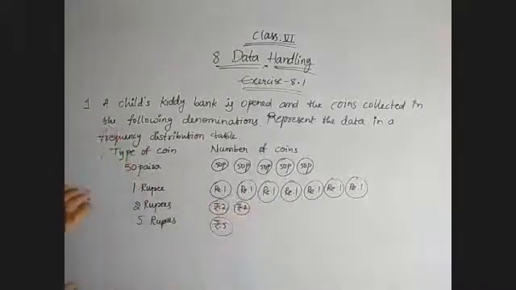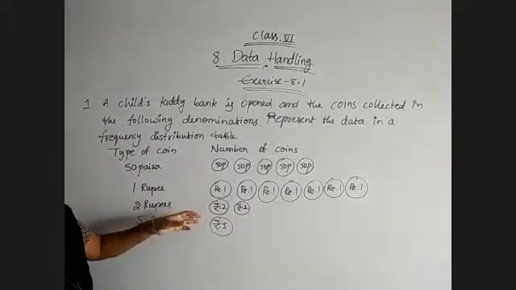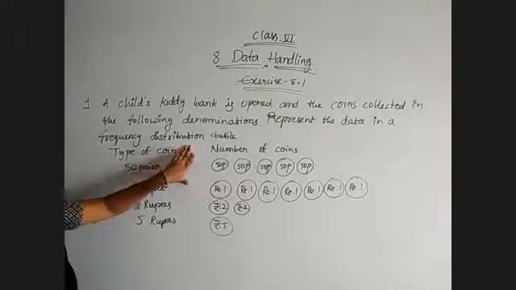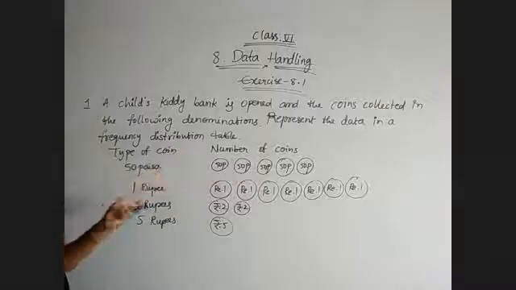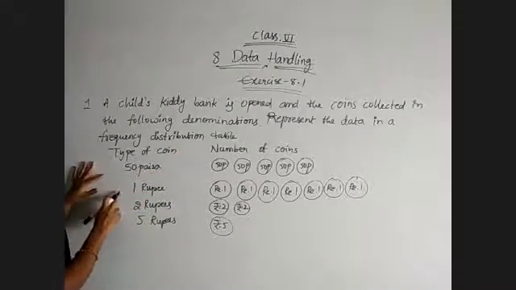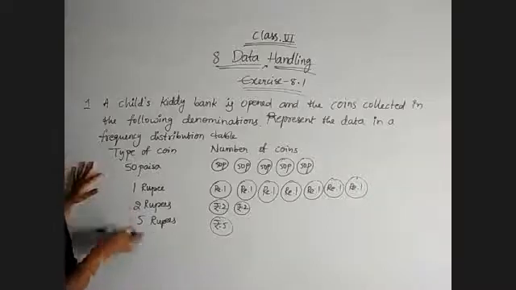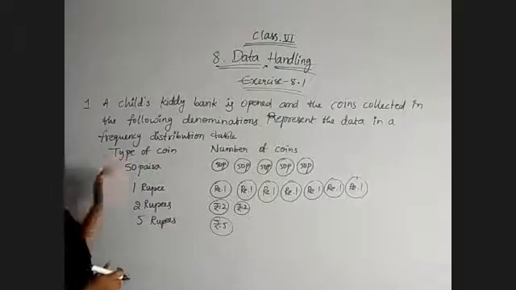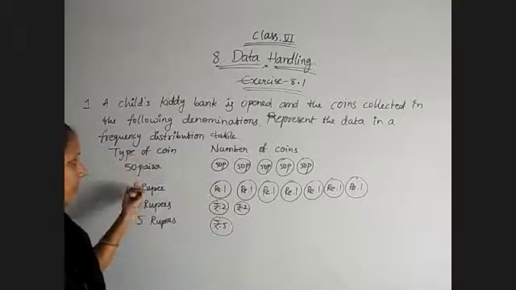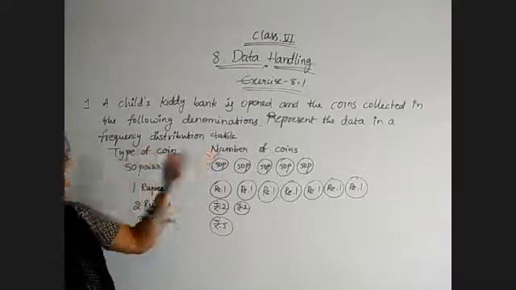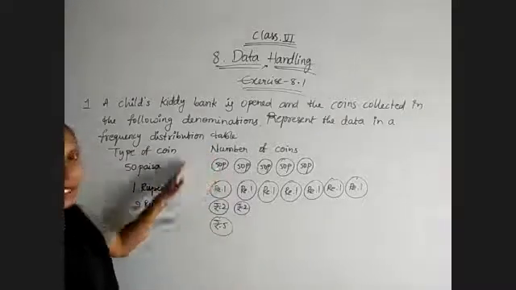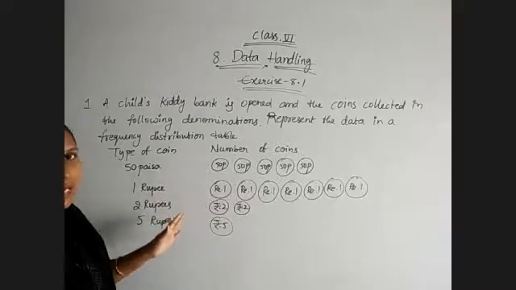Okay, like this pictorially given. Now we have to construct the frequency distribution table using the tally marks. Okay, so very simple. Here they only given type of coin. So first we will observe the types of coins and how many times each is repeated. How many coins are there? Such type of coins are how many are there? Number of coins that represents frequency, and that frequency we need to write by using tally marks.